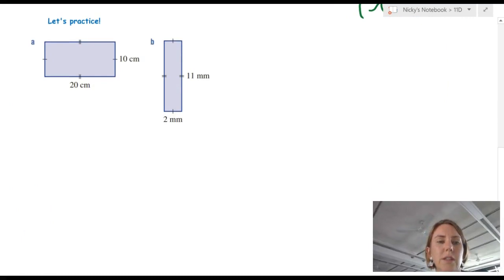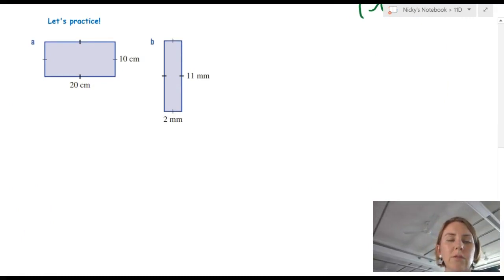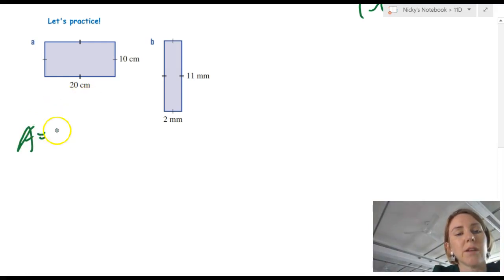So I've got two rectangles here. I know they are rectangles, even though I've only got two sides labelled. I know they are rectangles because the matching sides are equal, and that's symbolised by those little strokes, 2 or 1 together. Okay. So area equals, we'll do this first one, 20 is the length here, times 10